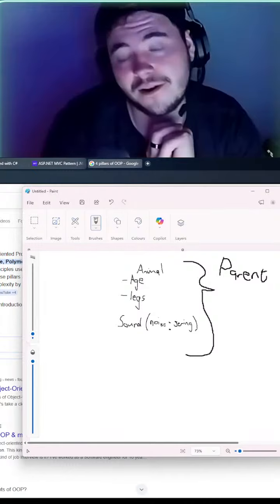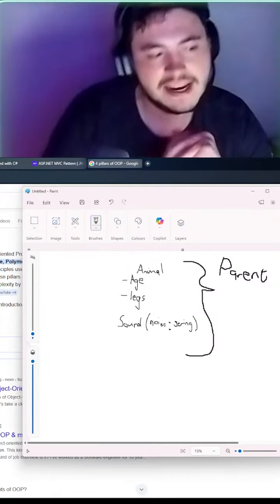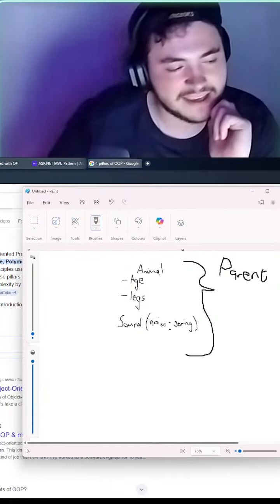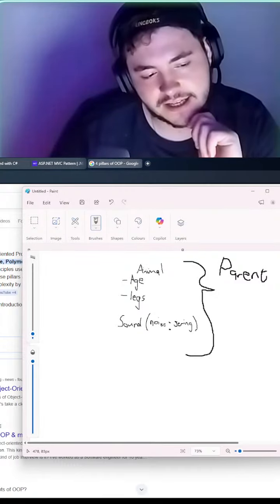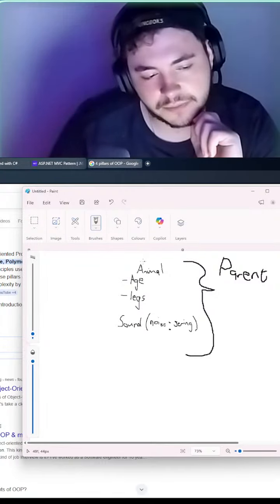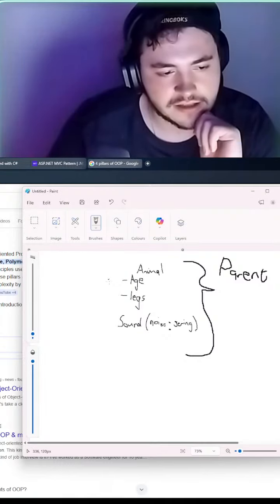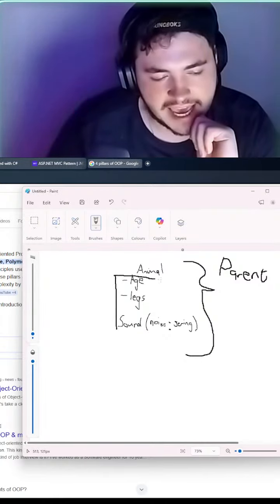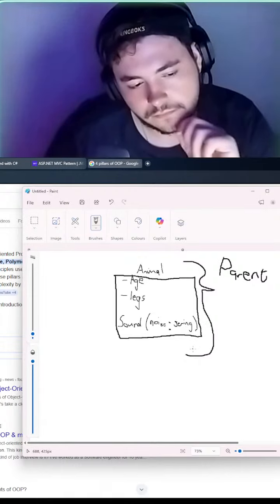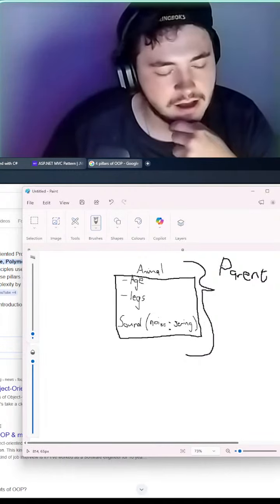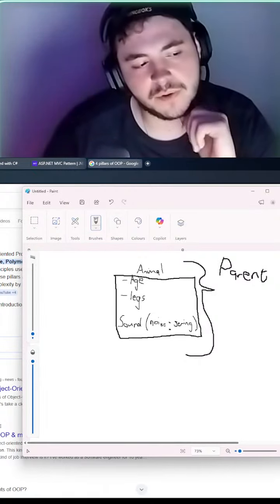This is a parent class. Now, I'm going to tie this back into the four pillars of object-oriented programming. What we did here is encapsulate a little bit of logic into one class. So this is now an animal class. It is in its own little box. Now we want to look at inheritance.